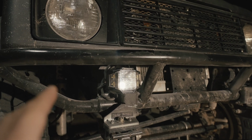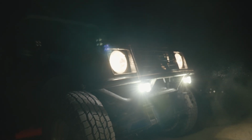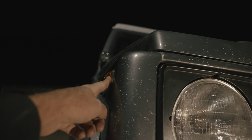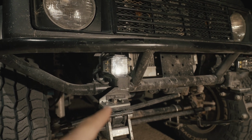If I ran just these lights, I would probably either move them up there to where those lights are, or keep them where they're at and wire in this running light to power off of, you know, your normal stock Suzuki Samurai running lights. That way it's all in one switch, and then those are coming on all the time